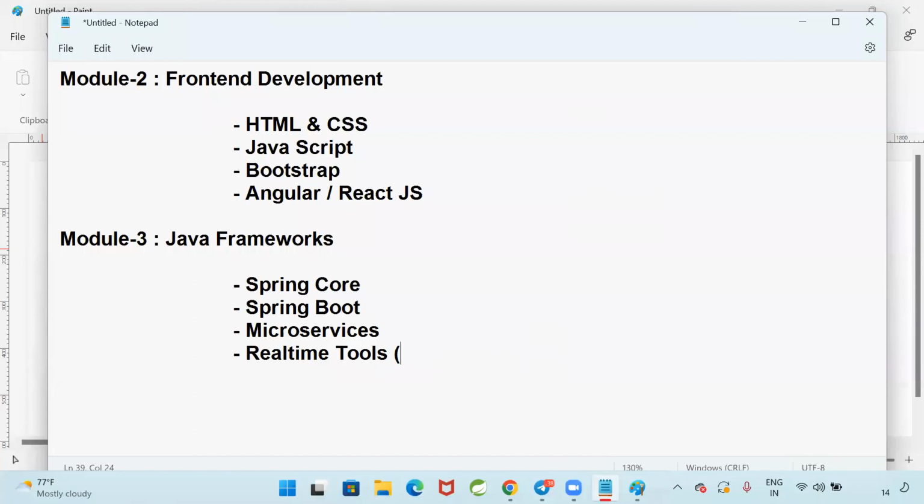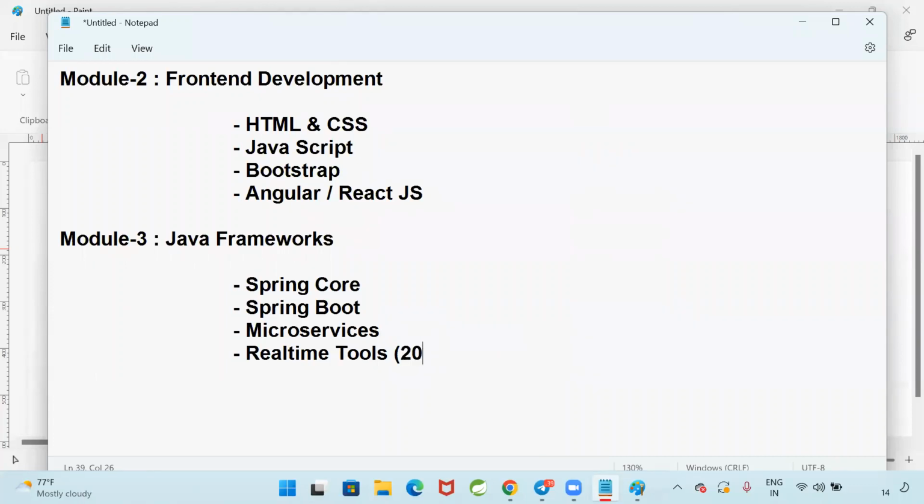How to integrate that code, how to check the code quality, how to deploy that code on the server, what is a server, how to do the deployment, what is Docker, what is Kubernetes, what is Jenkins, GitHub, Maven, Log4j, SonarQube, Jira. There are so many tools that we use in the company every day. Those tools you also need to learn. Those tools are called real-time tools.